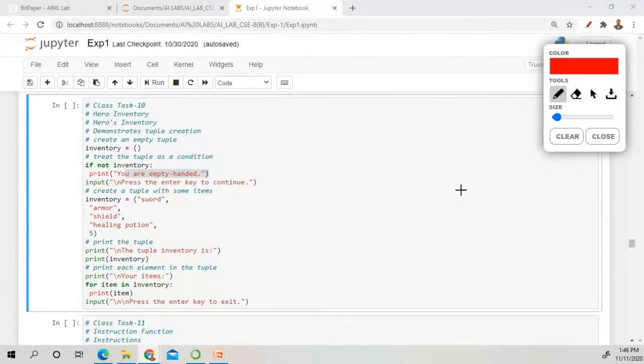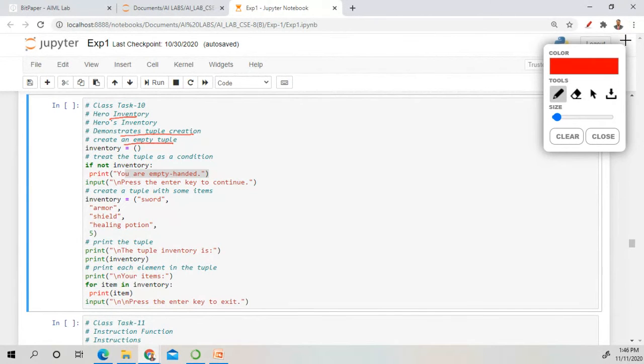Okay, so let's come to the next point. Here is our task number 10. In this task, we have to create a hero inventory. We have to demonstrate tuple creation, and how to create an empty tuple.